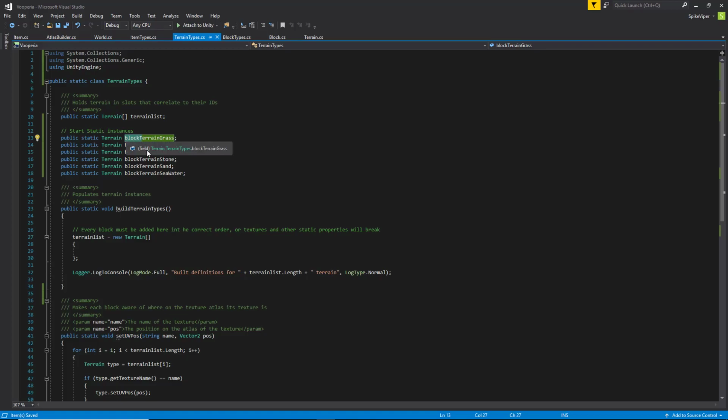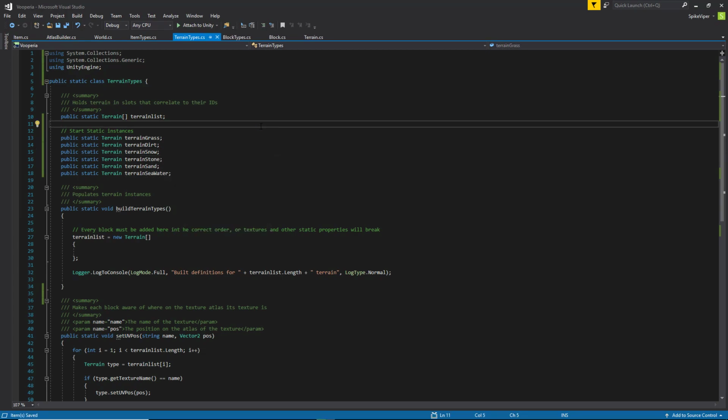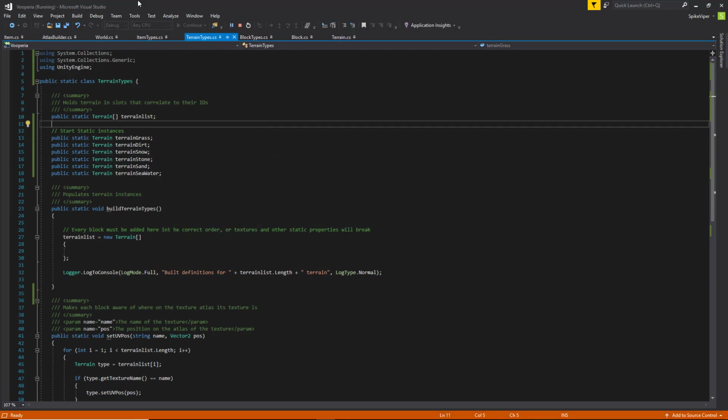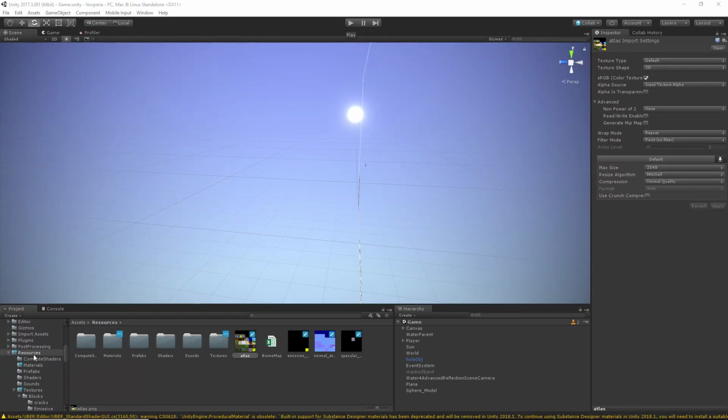So we're just going to replace this with BAM, terrain grass. BAM, terrain dirt. BAM, terrain snow. BAM, terrain stone. BAM, terrain sand. And terrain seawater. Now, terrain seawater is special compared to the rest of them. And I accidentally ran the code. Whoops. Now we are going to begin creating these. So, without further ado,